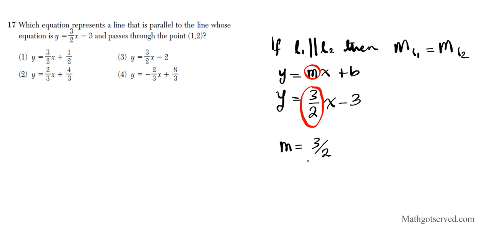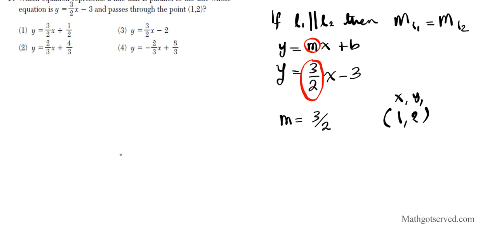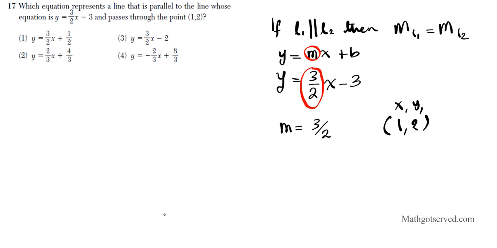Now this is the slope of the other line. What is the y-intercept of the other line, so I can write down the equation? Well, I don't know. We're told that we have a slope of 3 over 2, and it goes through (1, 2). Okay, I'm going to call this x1, y1. Now to write out the equation of the second one, I'm going to show you two methods of doing this. Whichever one you like, you can use. Okay, method 1